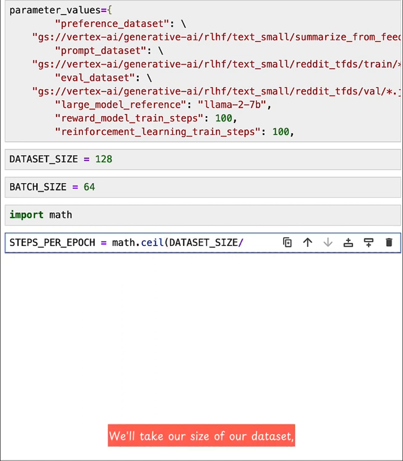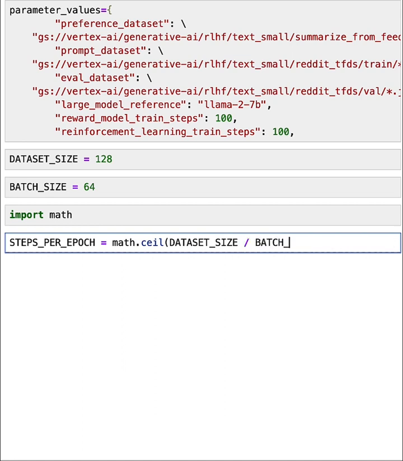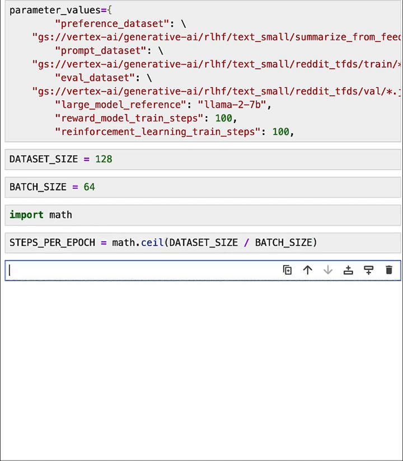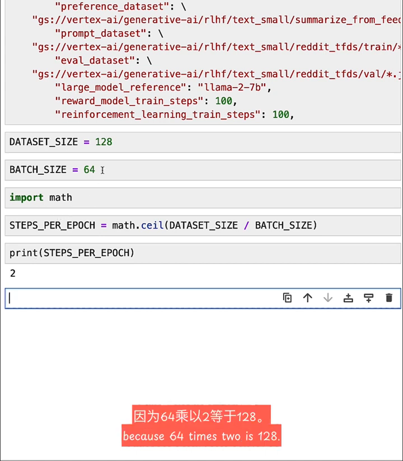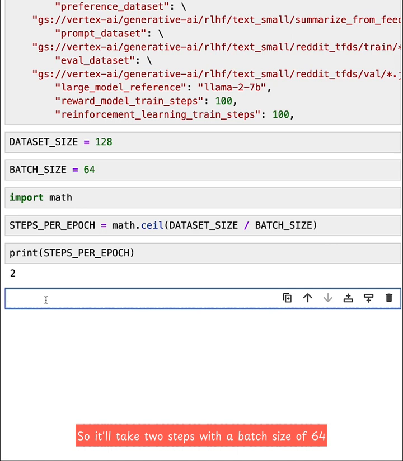We'll take the size of our data set and divide it by our batch size. And if we print this number, we'll see that that is 2, because 64 times 2 is 128. So it'll take 2 steps with the batch size of 64 to make it through our full data set of